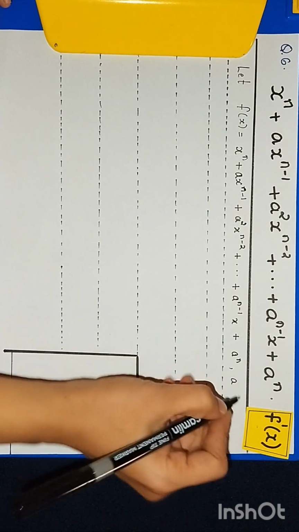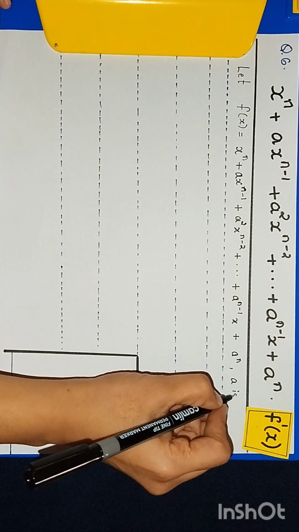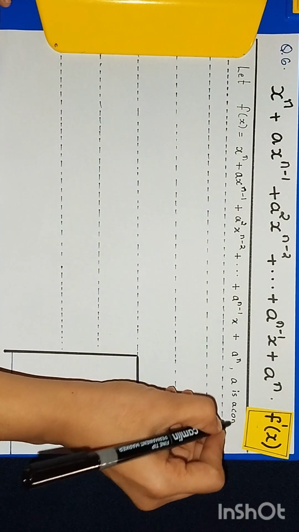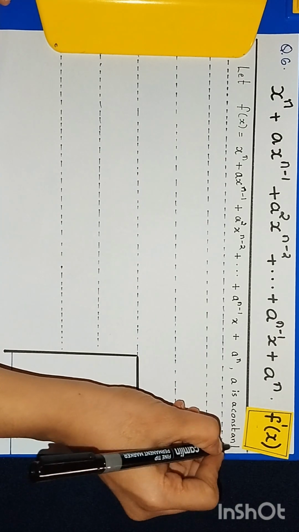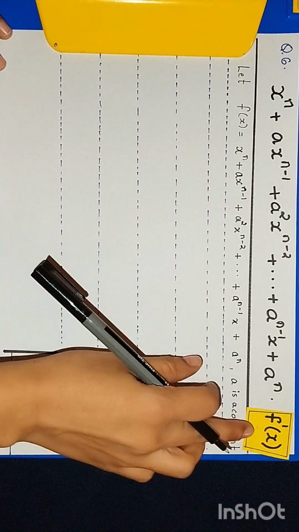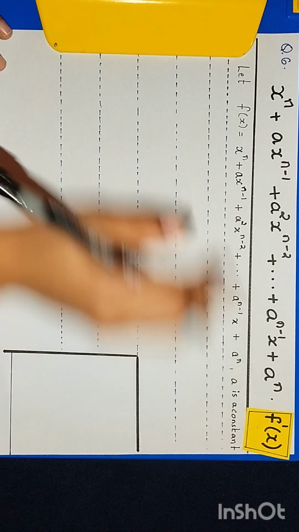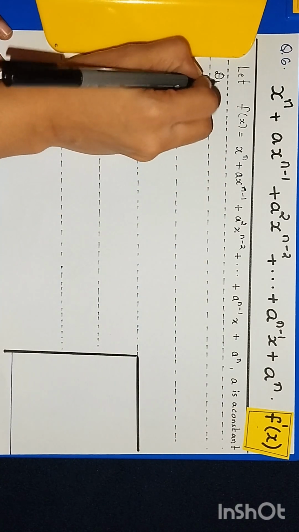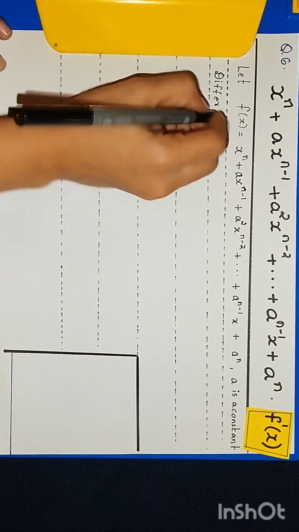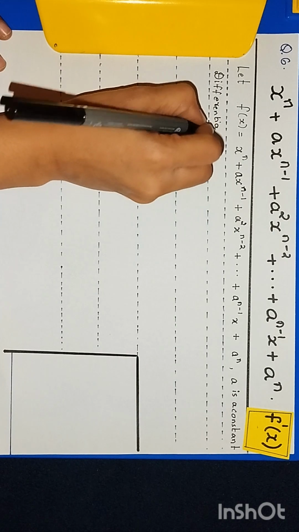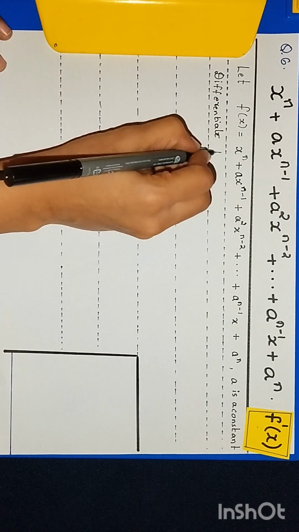So here a is some constant. Now we have to find f dash of x. To find f dash of x, we have to differentiate. We will differentiate both sides